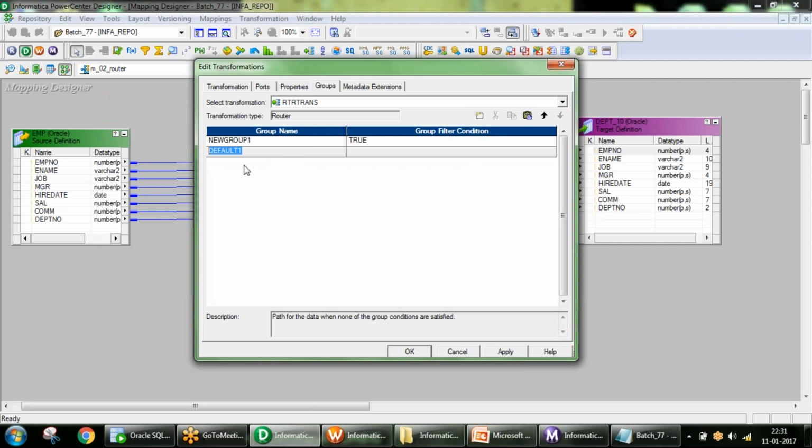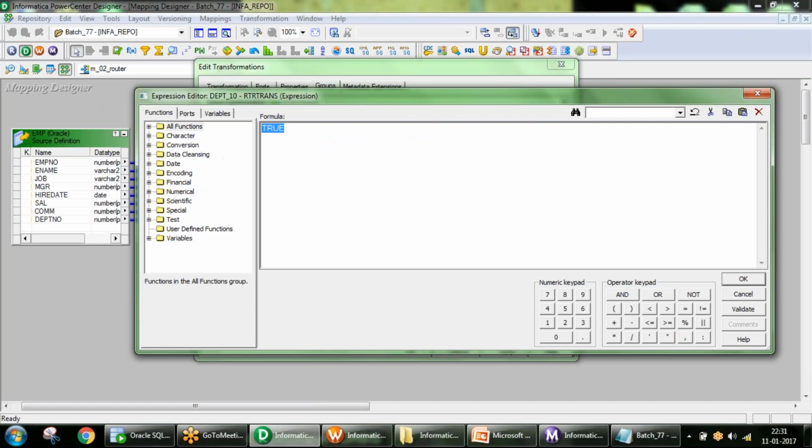Okay, so group name, whatever group name you want, you can create. Maybe my group name is DEPT10. Then what is the group condition? Here you need to provide a specific condition for your group. So here the group condition will be DEPT equal to 10.